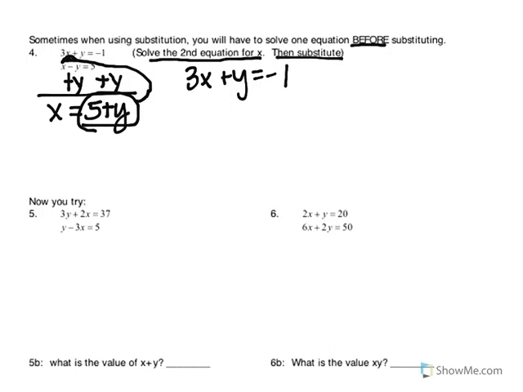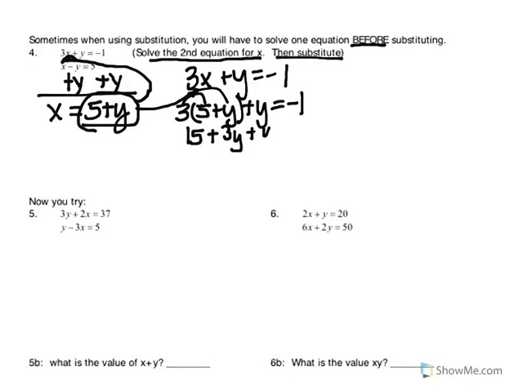And since x equals 5 plus y, we're going to plug that in for x. 3 times 5 plus y equals -1. So let's distribute to begin with. 15 plus 3y plus y equals -1. Now let's combine like terms here on this left side. We have 15 plus 4y